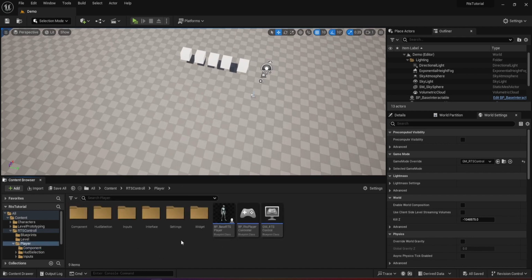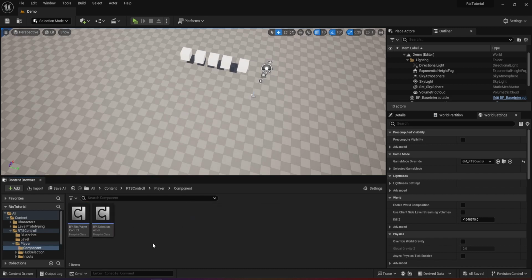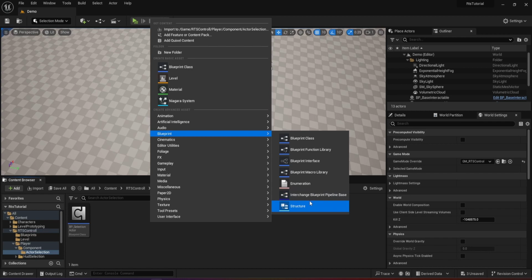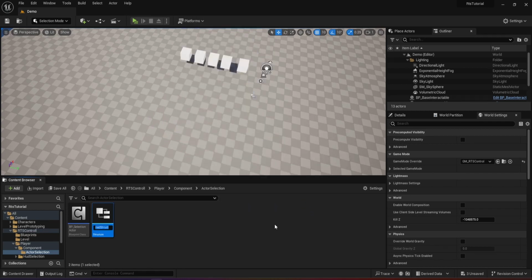So as you can see here, on our components, we're going to right click here. We're going to create a new folder called actor selection. Let's just go with actor selection, looks better. Anyway, I'm going to move this component here. Now in here I'm going to create a blueprint structure, and this is going to be called SD